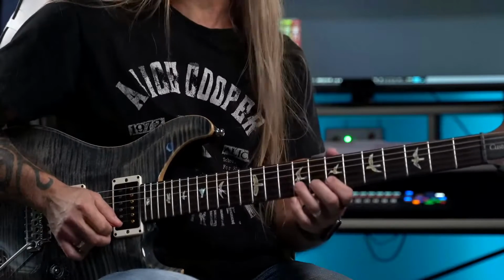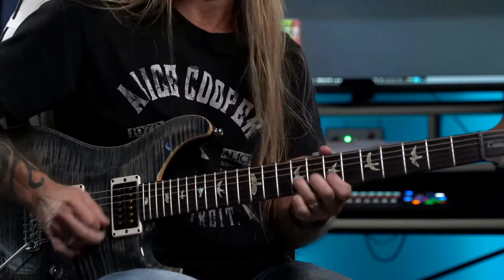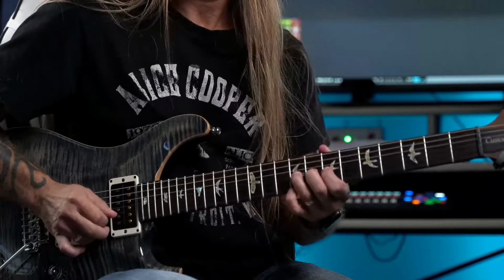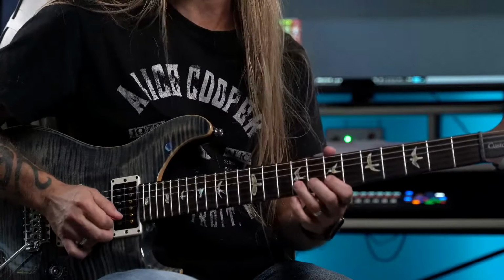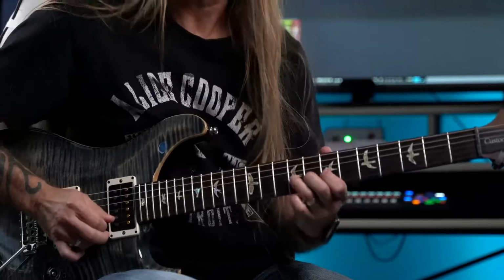So what's really cool there is if you think about it, you've got that nice little half step bend, which is going from the 9th fret to the 10th fret. So it adds a little flavor of both minor and major pentatonic there. And then